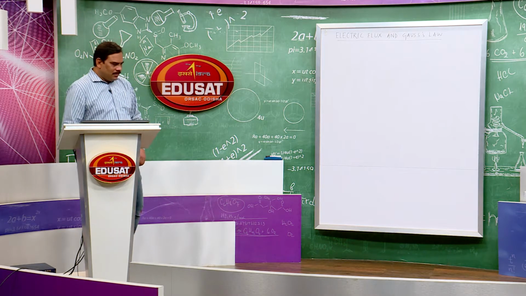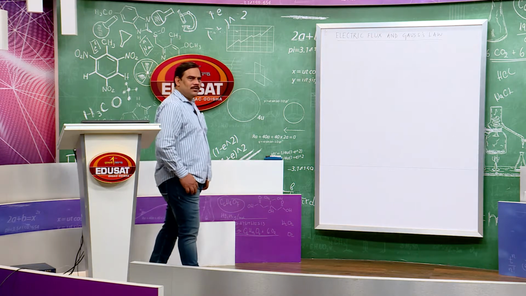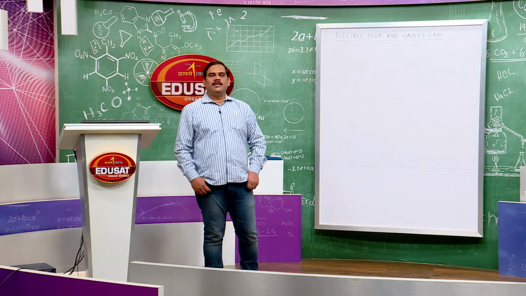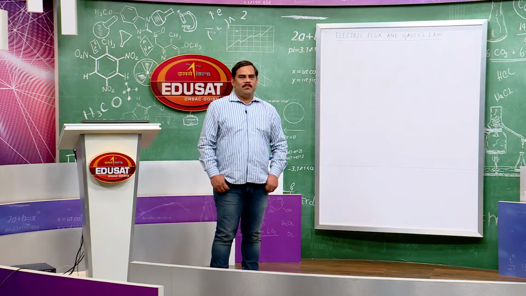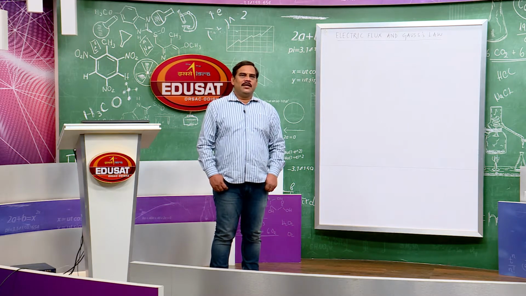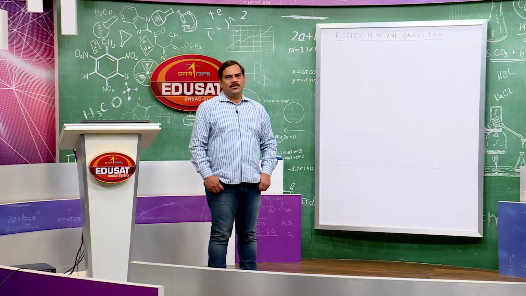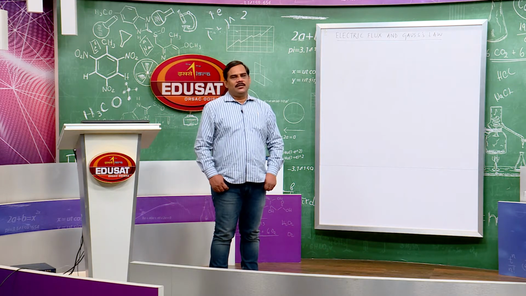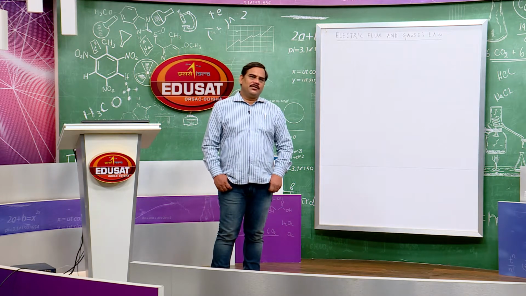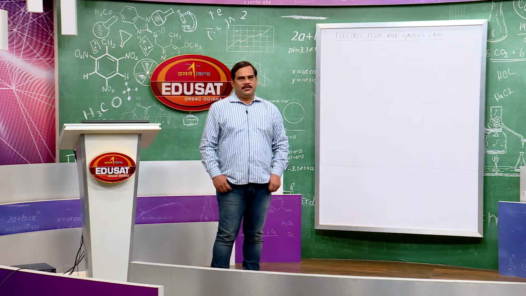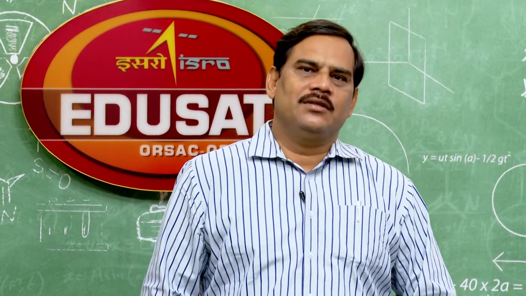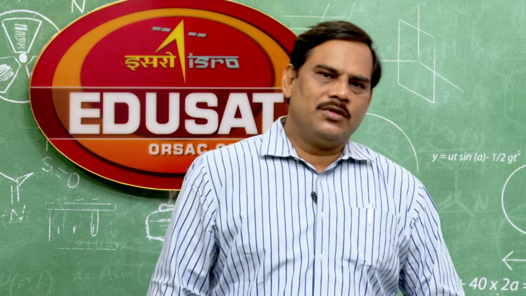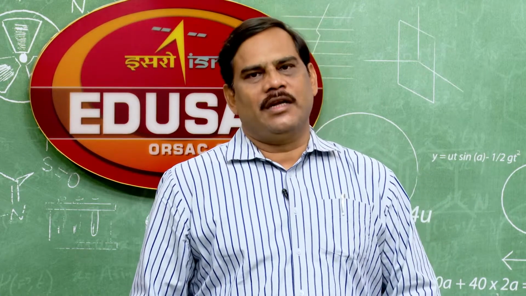To discuss electric flux, we should know the geometrical representation of electric field. Electric field can be represented in two ways. Mathematically, it is given by the limit q0 tends to 0 of F by q0, but geometrically the electric field about a charge is given by the lines of force around the charge. We get the lines of force when we place a test charge in an electric field. The motion of the test charge in an electric field gives the lines of force.